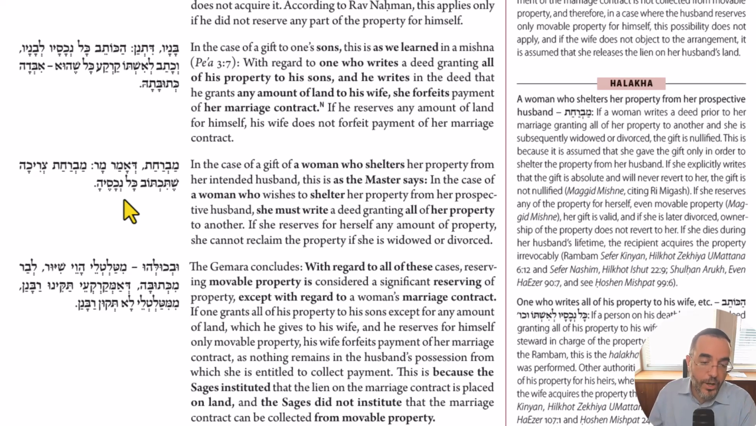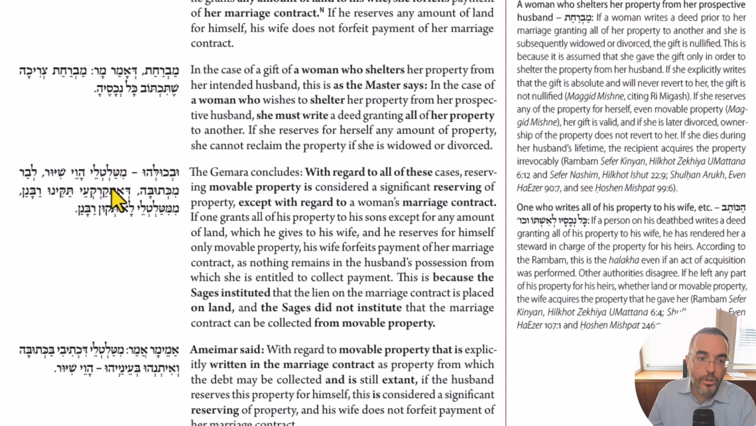However, if she gives her friend only half of the stuff, then we say, well, maybe that's just a gift. It's not clear if you give her half that she meant to shelter the property, and therefore she cannot get it back. In all of these cases, it doesn't matter whether it's land or even a movable item that the person is holding back, that's considered holding back. It's not considered that you're giving everything away. Except for